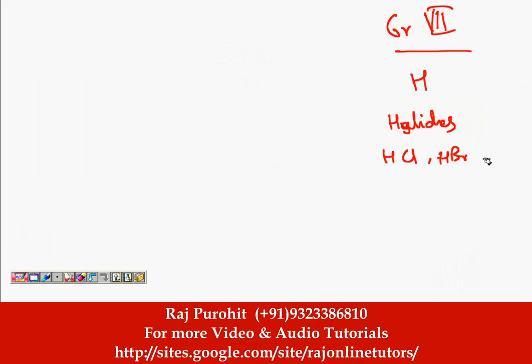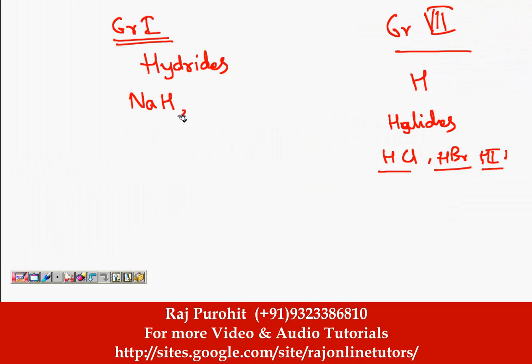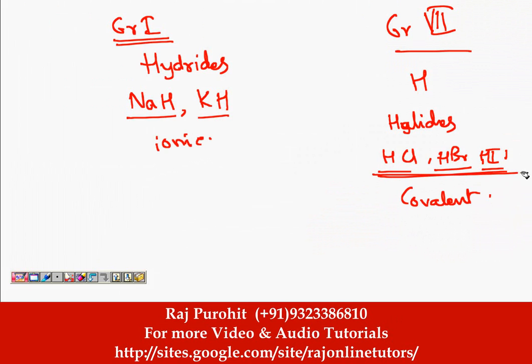For example, HCl, HBr, HI: hydrogen chloride, hydrogen bromide, hydrogen iodide. But if you are having Group 1, then these are going to form hydrides. For example, we have NaH, sodium hydride, KH, potassium hydride. These compounds are ionic in nature, while these are covalent in nature. Okay, so here there is sharing of electrons. Here obviously all these are metals, so they are going to donate electrons, and hydrogen over here will have a negative